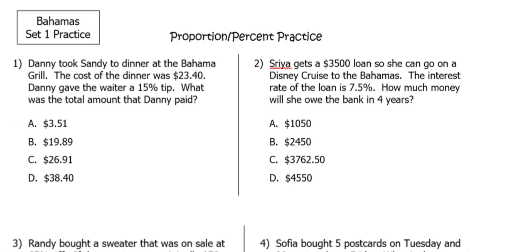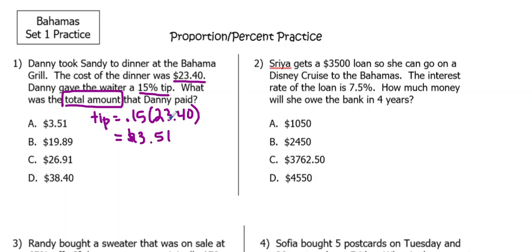All right. Okay, so now that everyone's had a couple of minutes or some time to work on this, let's go through these questions really quickly. First we have Danny took Sandy to a dinner at the Bahama Grill. Here's the cost of their dinner, and they want to leave a 15% tip. What is the total? So here's your big word, the total amount that they want to leave, or how much he paid for the night. Okay, so the first thing you want to do is figure out what the tip was. Since the tip is 15%, I do 15% of $23.40. Okay, so I just multiply them, and I get my tip amount is